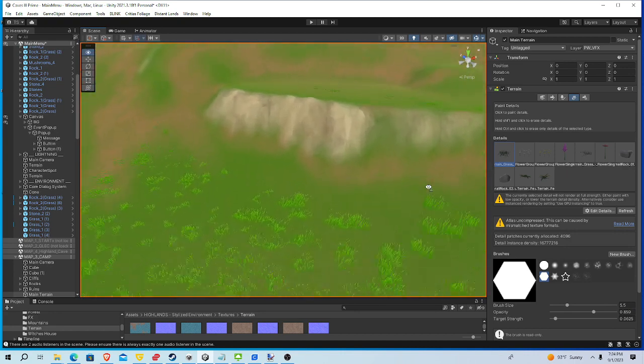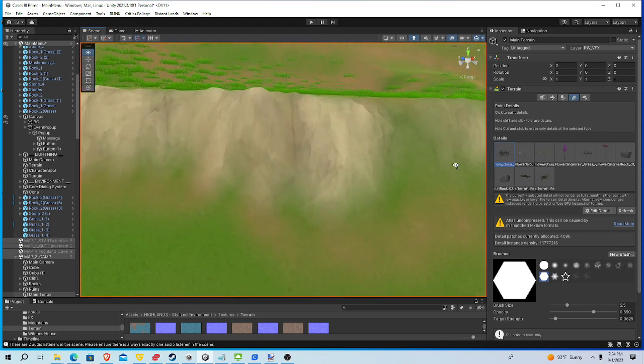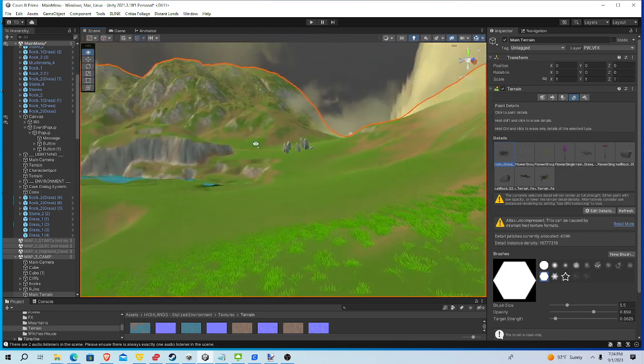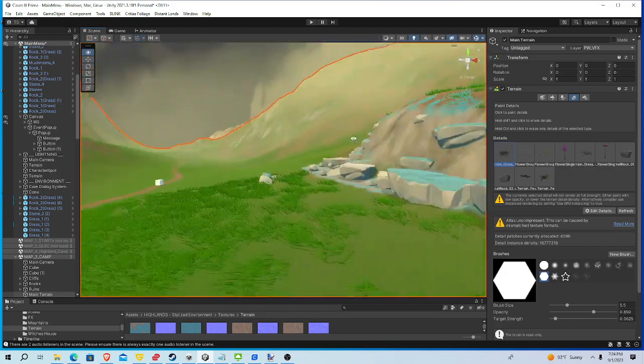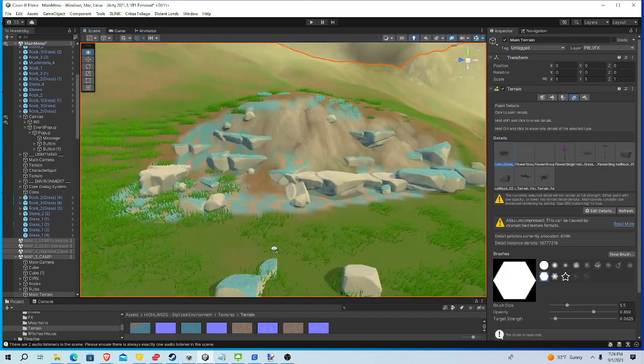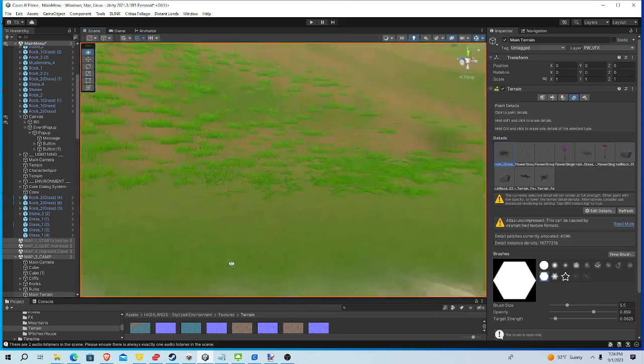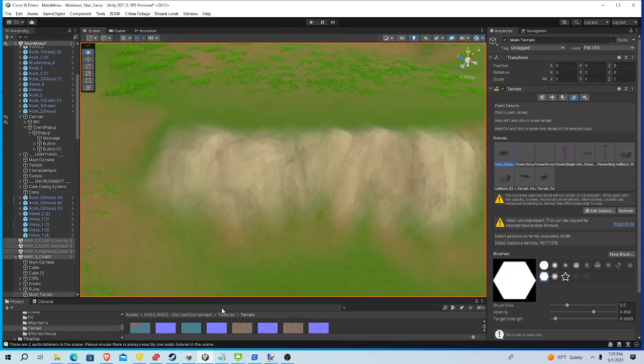So what we're going to do here is make this cliff face not so bland, and I'm going to fly over here and show you what our goal is. When we're done, it's going to look something like this one that I've dressed up. So first thing I like to do is lay down the base colors,